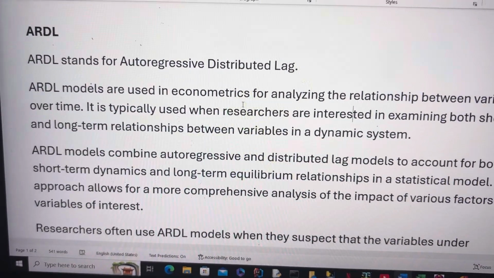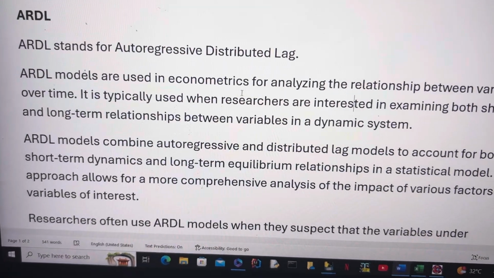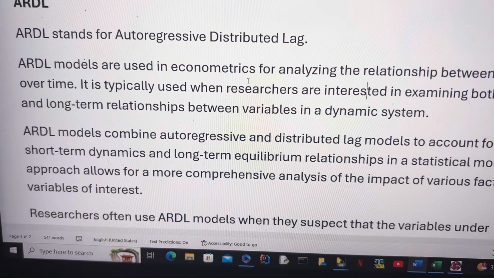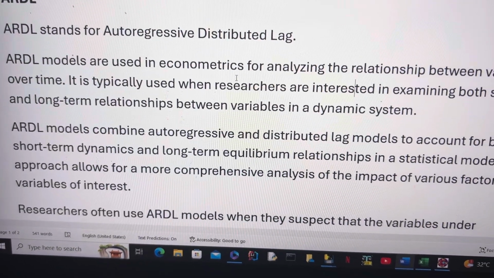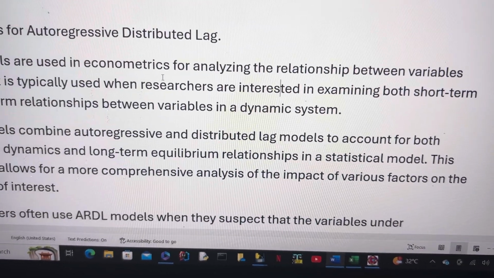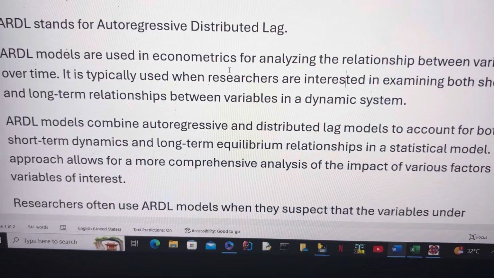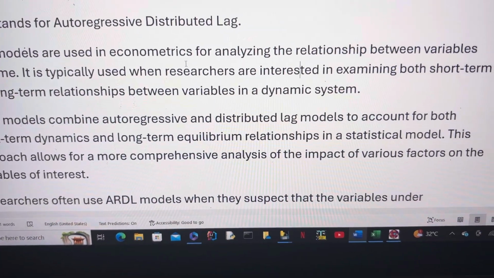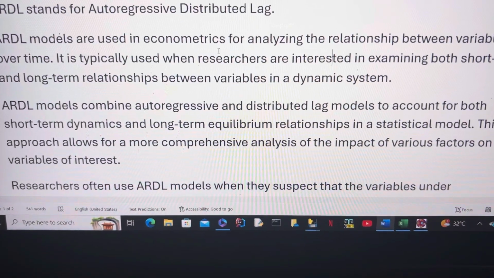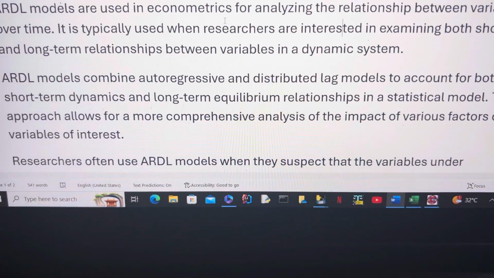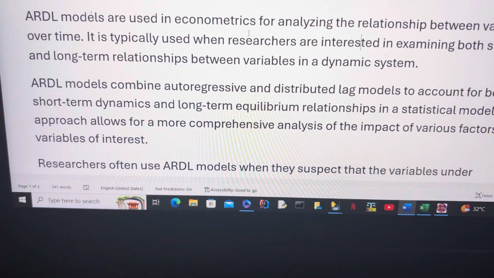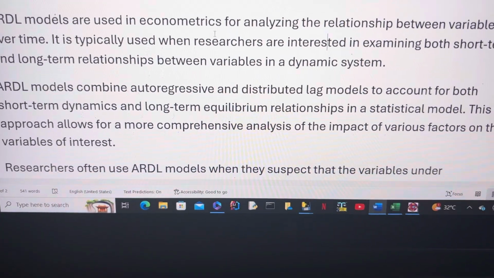We want to talk about the ARDL. What is ARDL? ARDL stands for Autoregressive Distributed Lag. Autoregressive distributed lag models are used in econometrics for analyzing the relationship between variables over time. It is typically used when researchers are interested in examining both short-term and long-term relationships between variables in a dynamic system. ARDL models combine autoregressive and distributed lag models to account for both short-term dynamics and long-term equilibrium